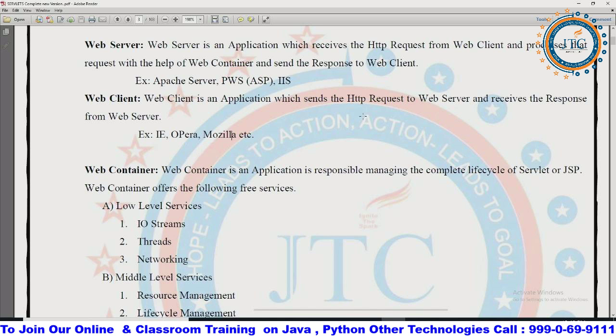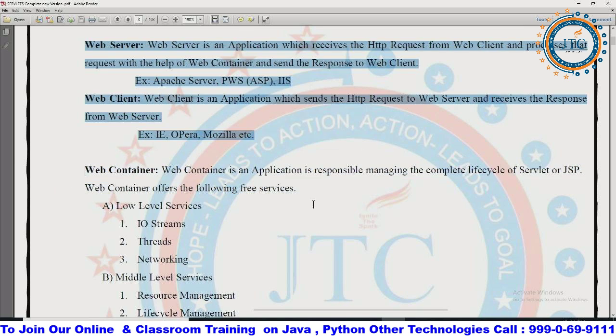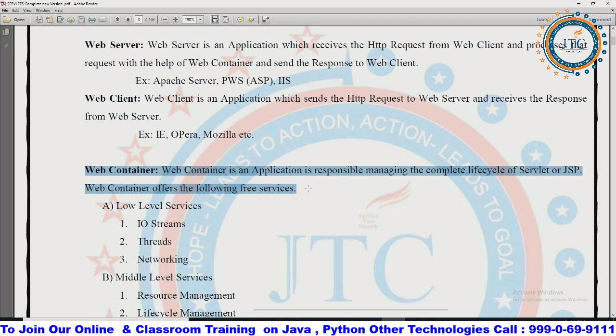So again I am saying it is an application. Applications provide the services. So these are not the services, these are all applications, different sorts of applications, whatever I am talking about here. These applications are providing different services. That also we will be discussing, what different types of services these applications are providing. So the web container is an application